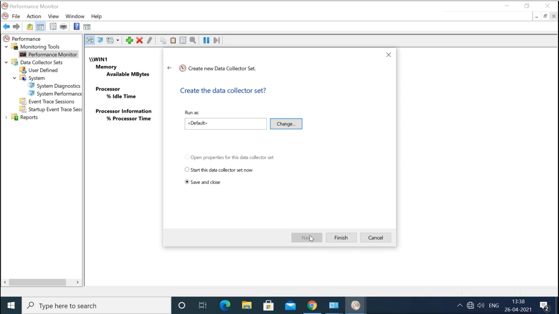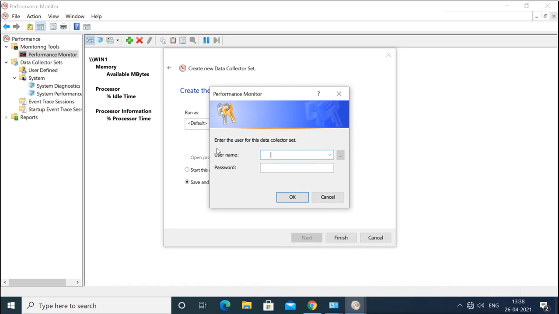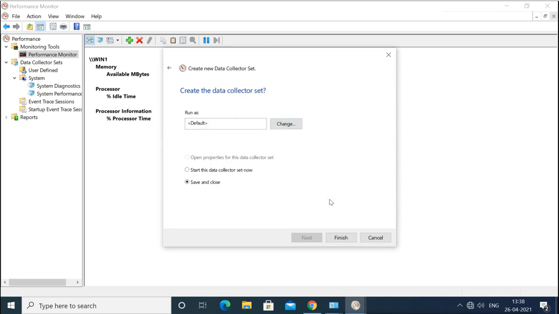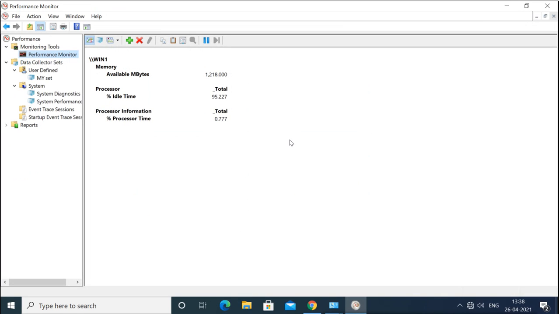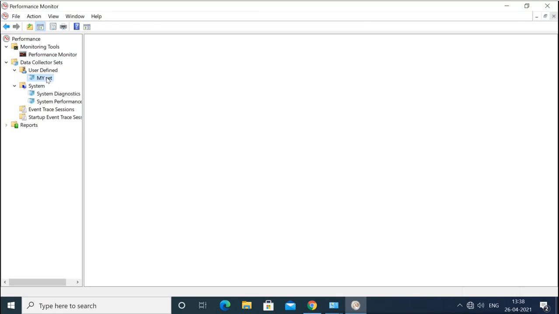Then save and close, or you can just run. It is default, or you can set the user who can run this. So now we created this data collector set.